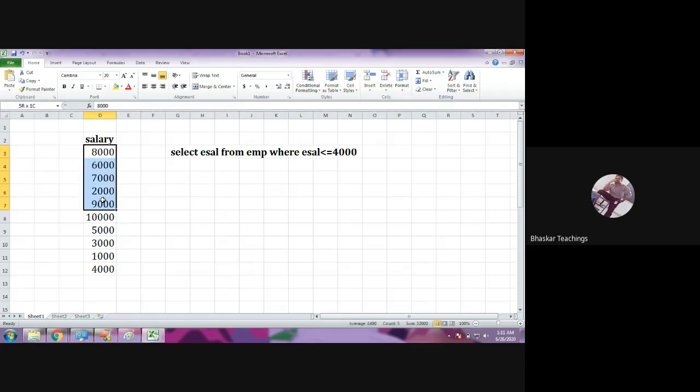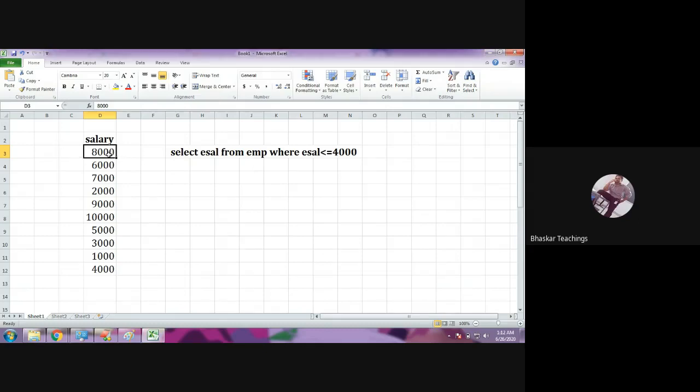Just see, here I have some salaries, right? So when this query is applied, internally it is going to search each record. First it has searched 8,000. This record contains 8,000 salary. So now the comparison is 1.